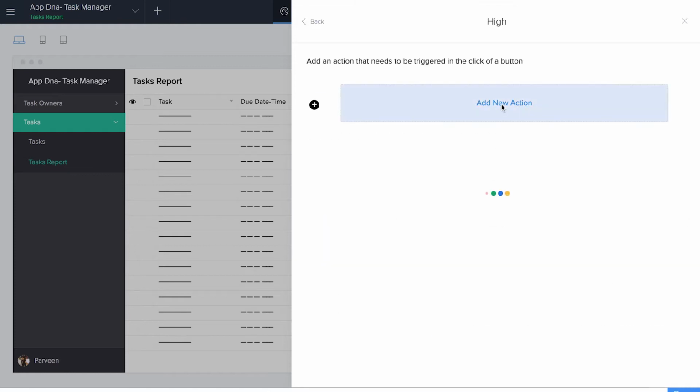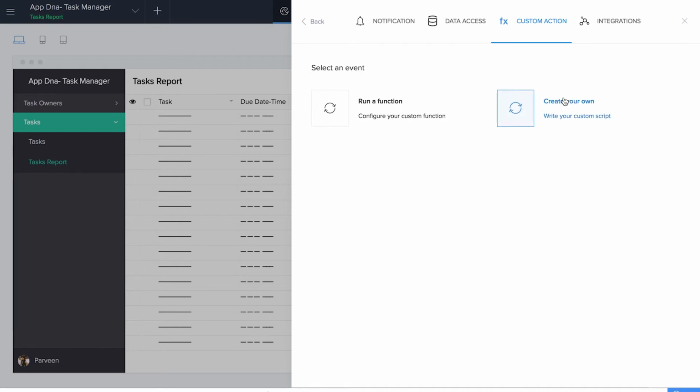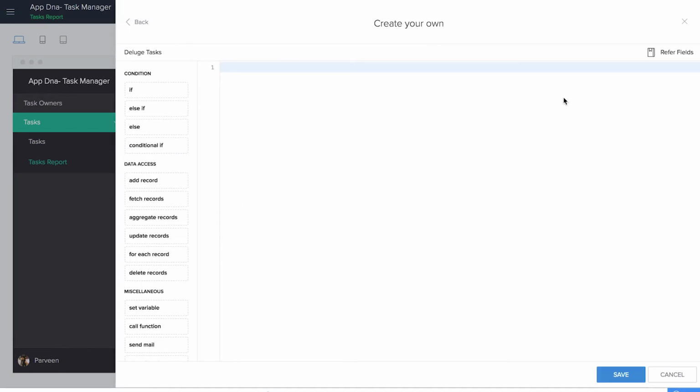Add a new action. Run this action on a custom action and create your own script. So this is the Deluge workspace where we create our own codes. But the coding is so simple, you'll see that we are truly low code. So now what I'm going to do here is the action input dot status